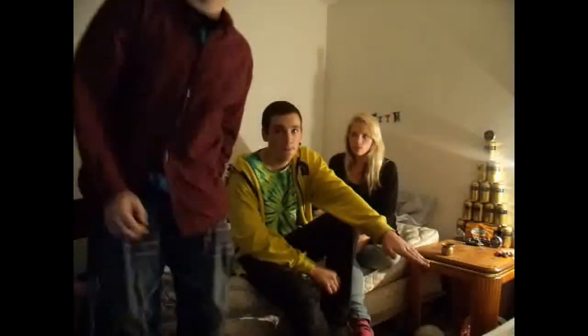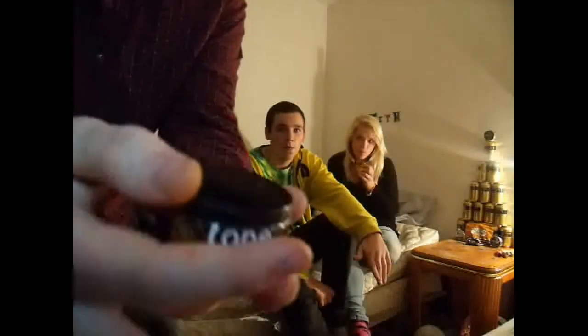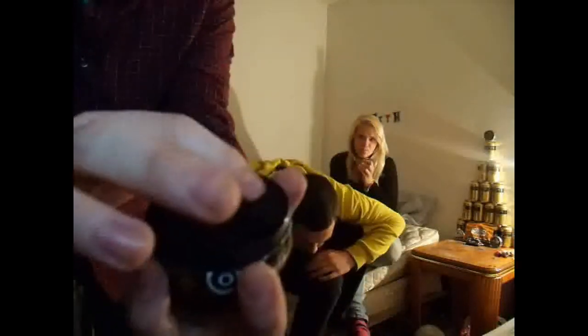It's amazing. As far as cut goes, standard Copenhagen long cut. It's nothing like a Grizzly long cut. It's not as long, but your Copenhagen long cut is going to be a little shorter than your Grizzly long cut. I don't know if you guys are going to be able to see this on our camera here. We'll try and give you guys a view. Tilt the can a little more. It's a little more fine cut than